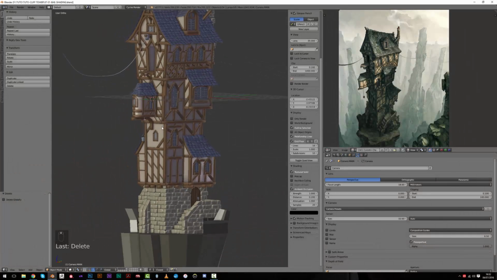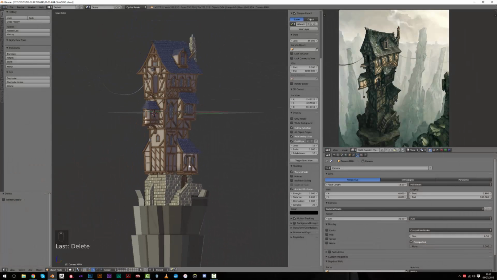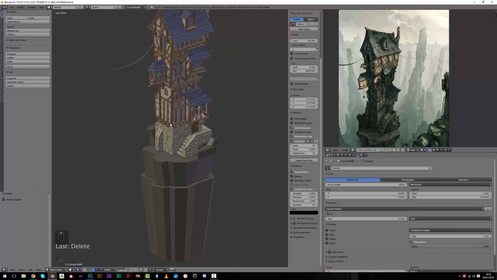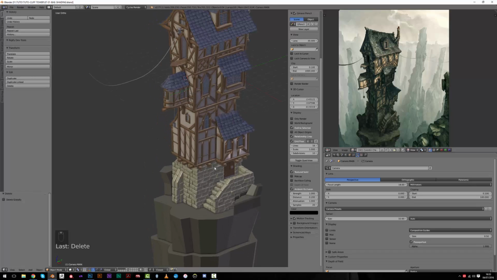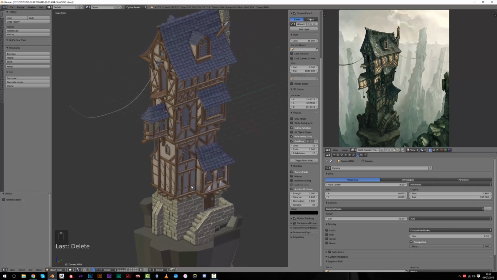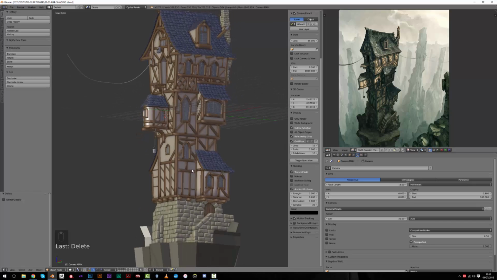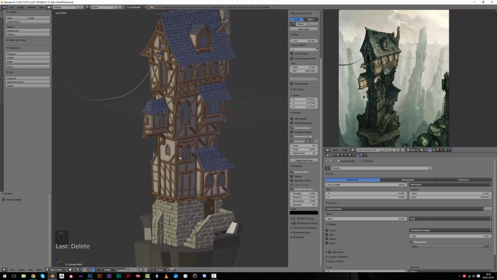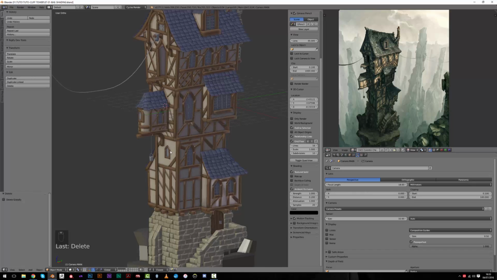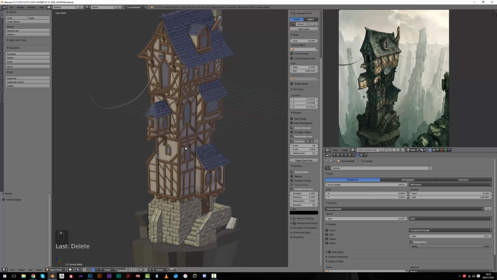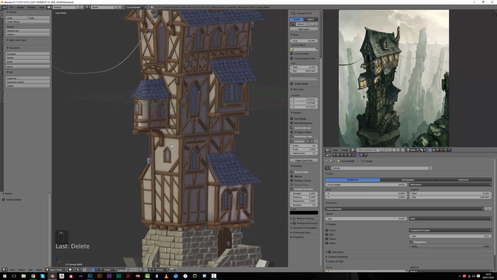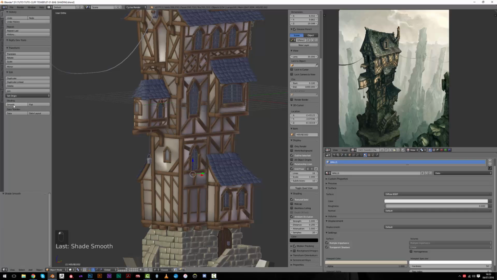So we can now start shading our building. We'll do a first pass of shading with a base shading, and then we'll play with texture painting. That will cut this part in two, so that it will be more appealing to get a first result, and then just add a few details and some more variation to our model. I will just smooth the shading here